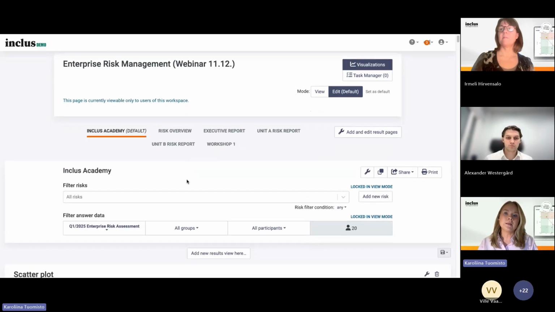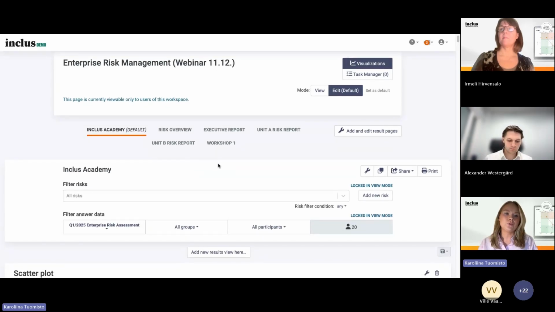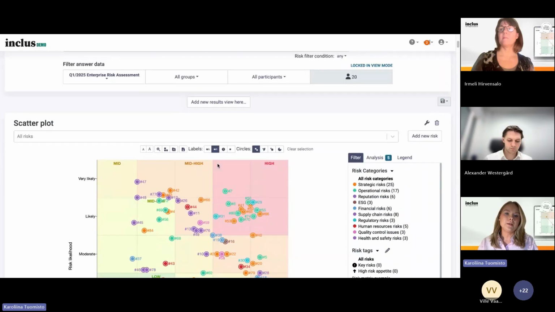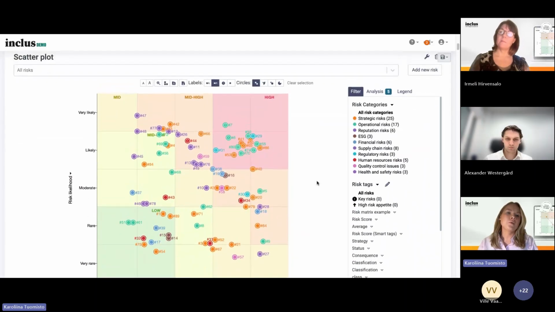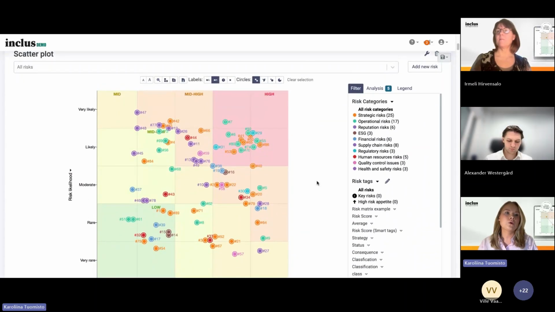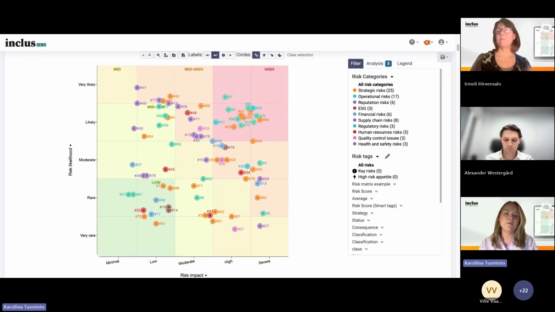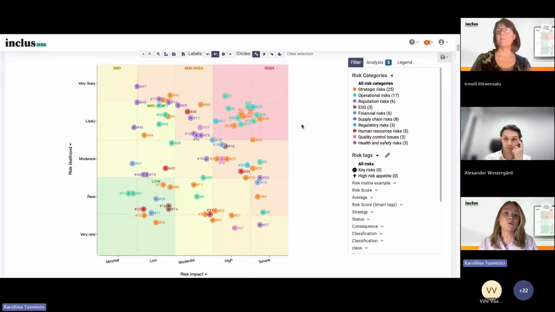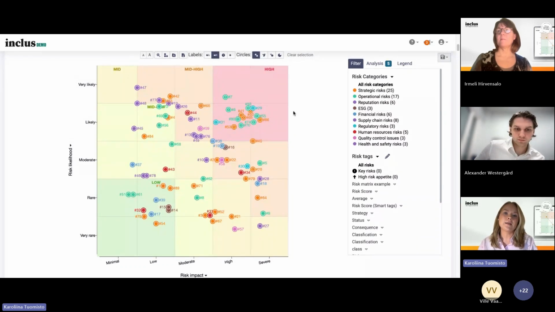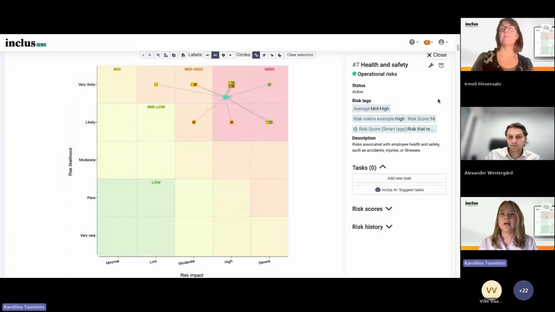And we can open the result page we want to use, and the view we want to use here. So we are now seeing this scatter plot here, and we have all of our risks that were identified and assessed in this assessment process. And you can also edit and add tasks from this view also. So when you click one risk open,